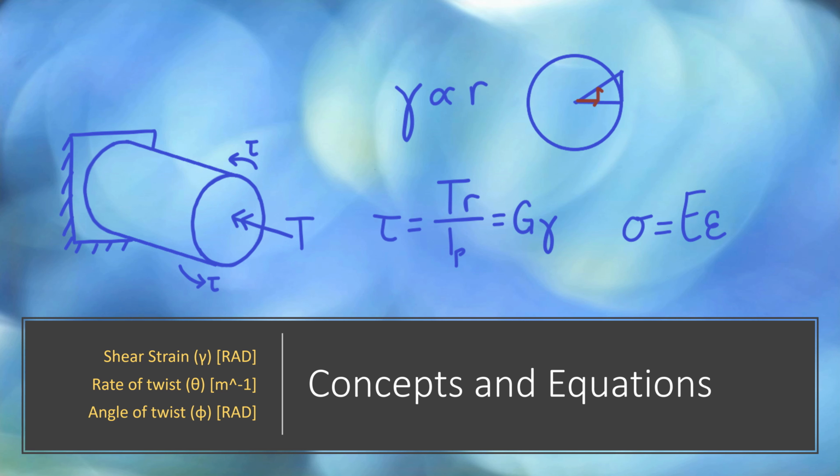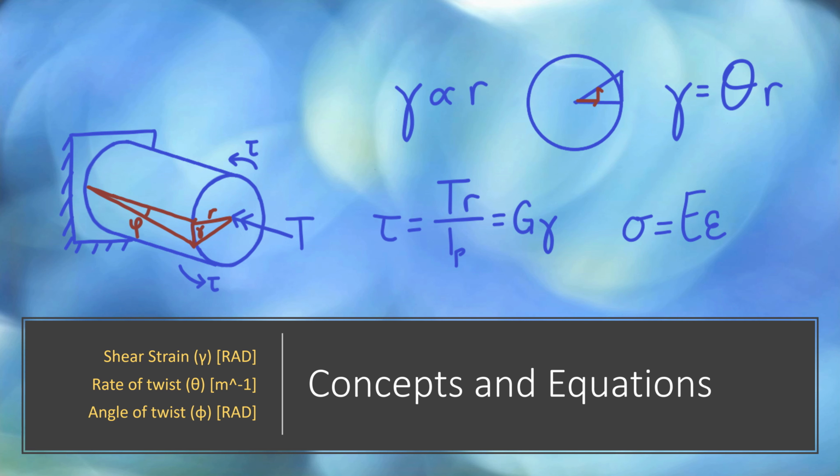So that's why earlier we were able to say that gamma was proportional to R, and that proportionality is our theta, our rate of twist, which if we were to draw on our member here, is kind of that angle. Sorry, I might have said that backwards. Phi is our angle of twist, which is accurately drawn here on this image, and theta, which is our proportionality constant, is our slope between